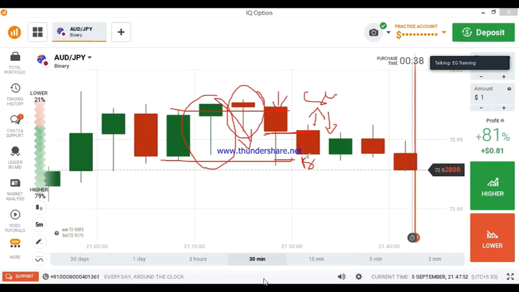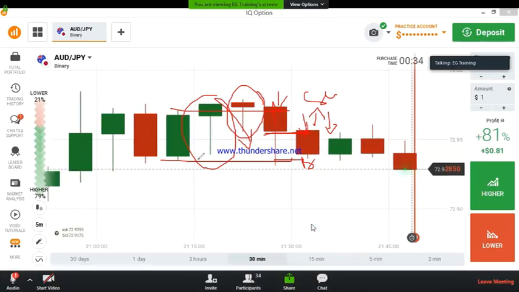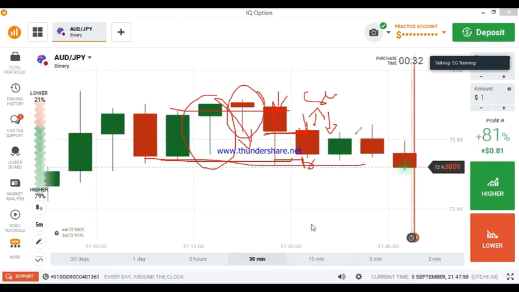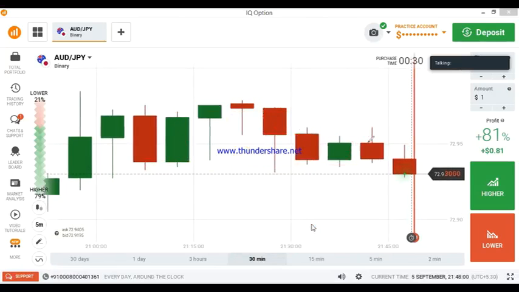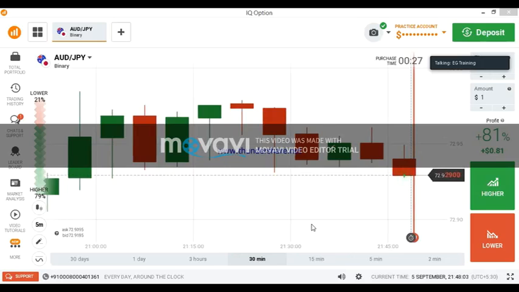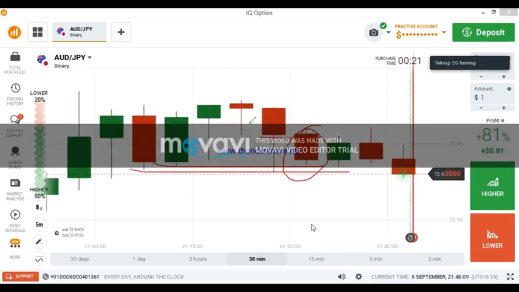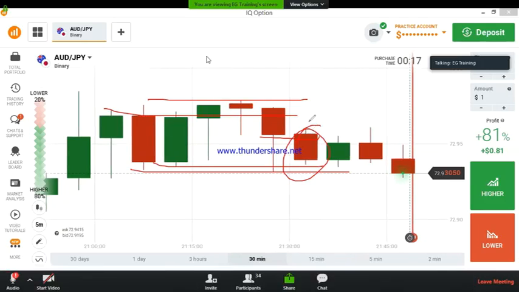But still there is a gap. This is a seller's entry, so there is a chance to fill up this gap. If this is a buyer's entry, we can go with buyers confidently. So if there is an indecision market, we can't go with buyers and we can't go with sellers in this type of situation. If you see the candlestick chart, then you will come to know where the buyer's area is and where the seller's area is.